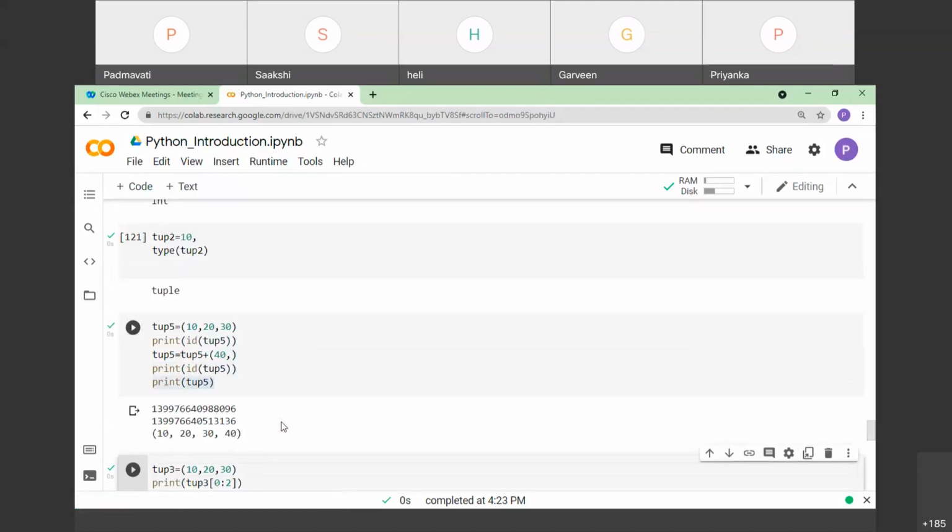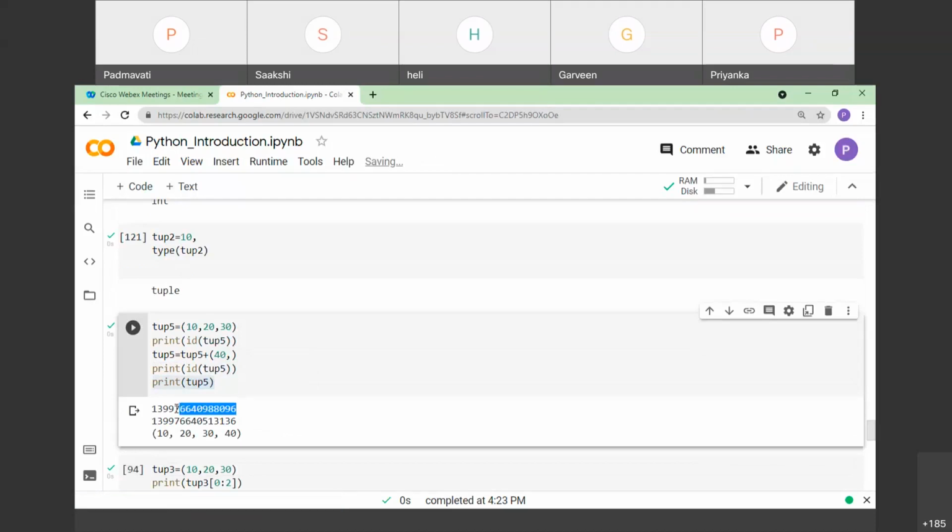You can check the result here. The initial tup5, 10, 20, 30, was created at this particular location, whereas the next one has been created in some other location. Why is this happening?